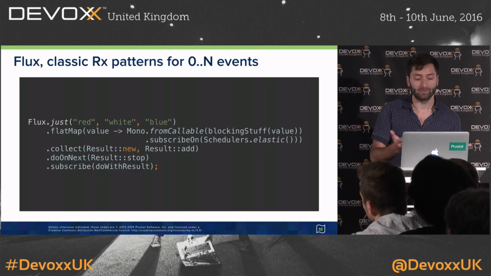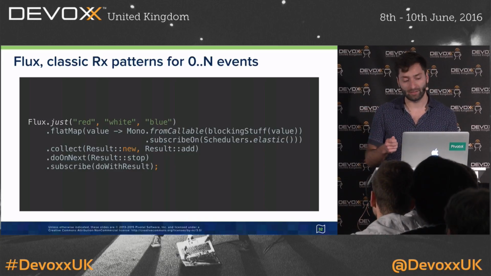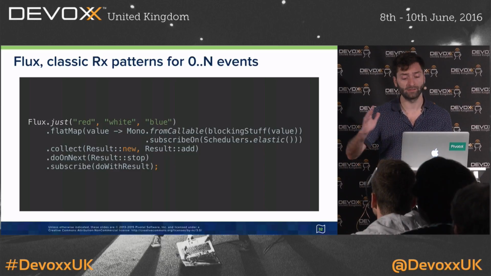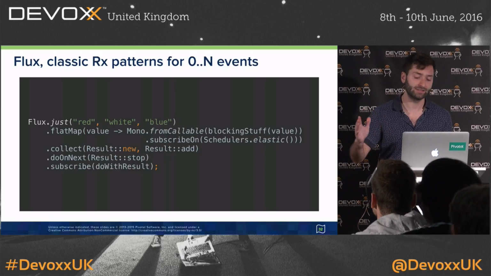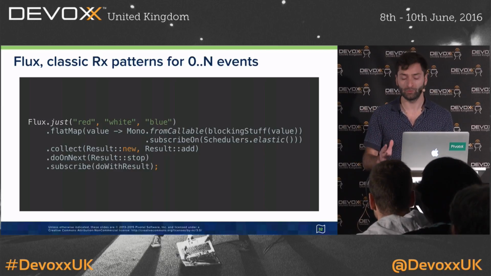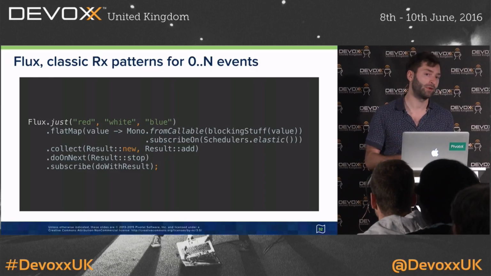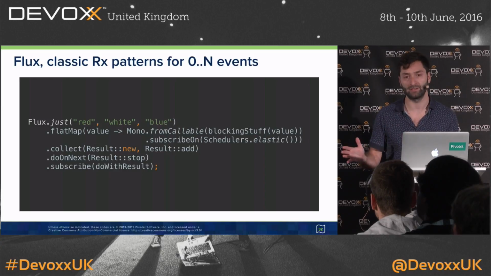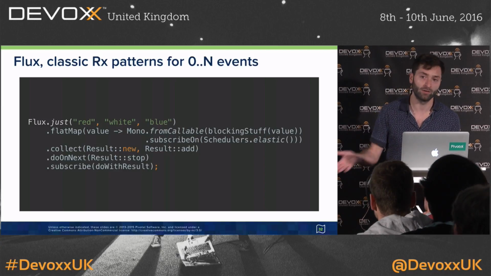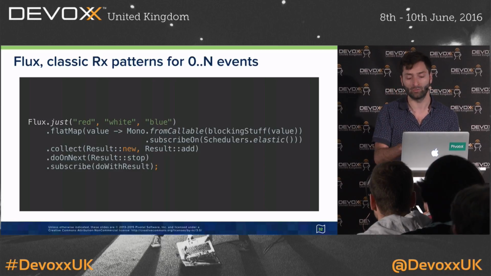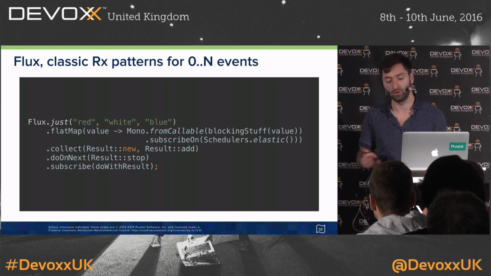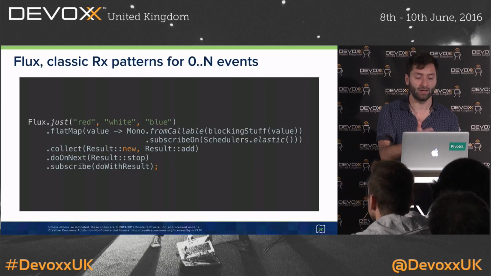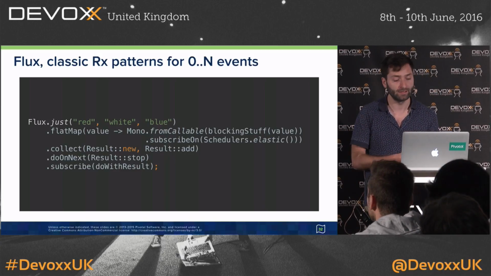If you use this kind of thing, one of the defining traits of Reactor, for instance, versus Akka, is we're really agnostic on the execution model. That means we're not going to jump threads if you don't ask us to. And there are 2 operators specifically made for that, as in Rx: subscribeOn and publishOn. SubscribeOn will help you switch thread on the producing side, and publishOn, which is not here, will switch thread on the produced side. So here, for instance, we're going to have red, white, blue as initial values, and flatMap,